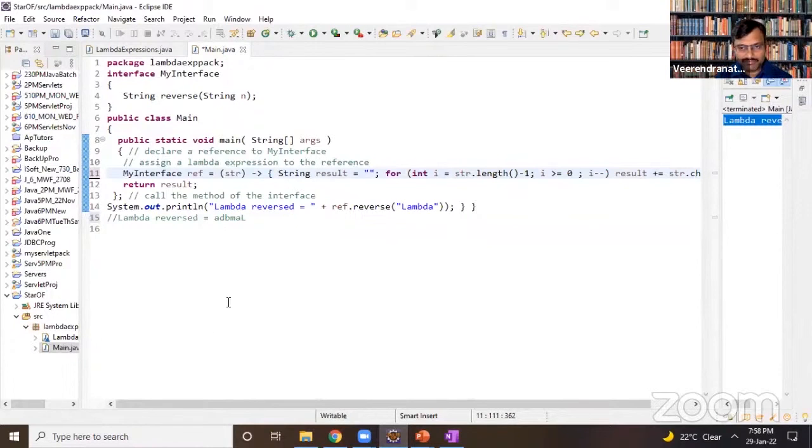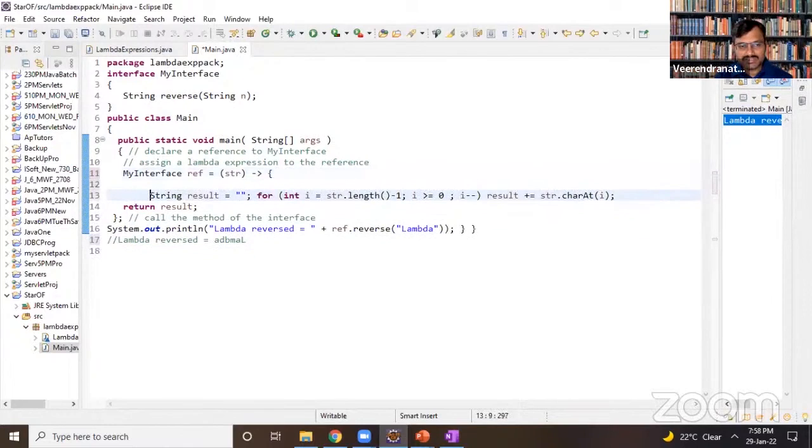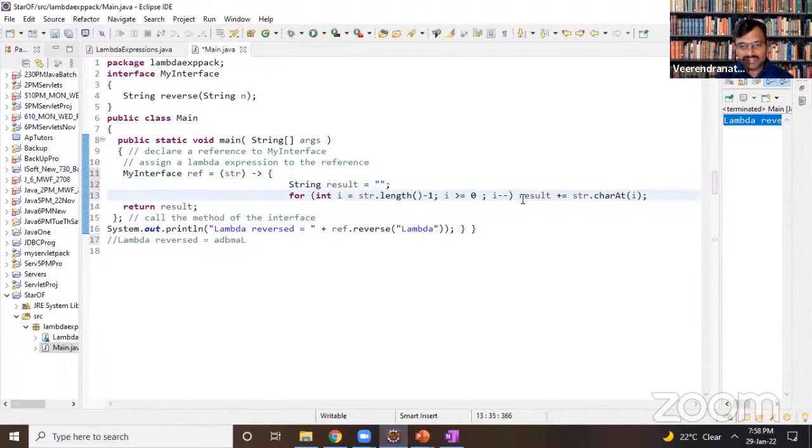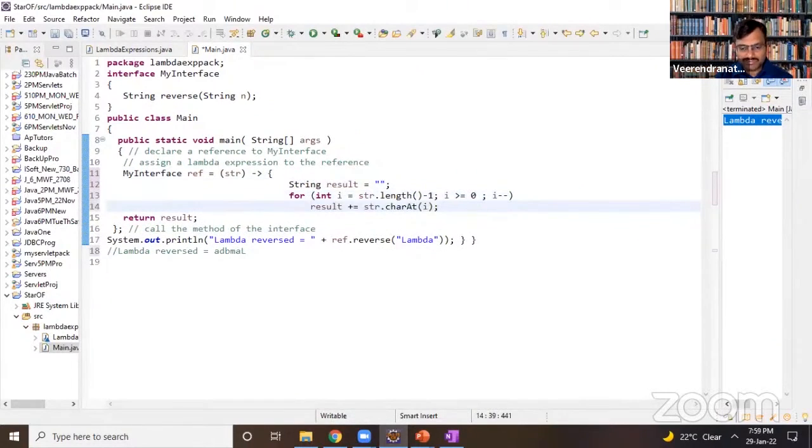So if we write this, this is how we are doing it. You can even write something like this, to make you understand better. Result is equal to, it doesn't matter.